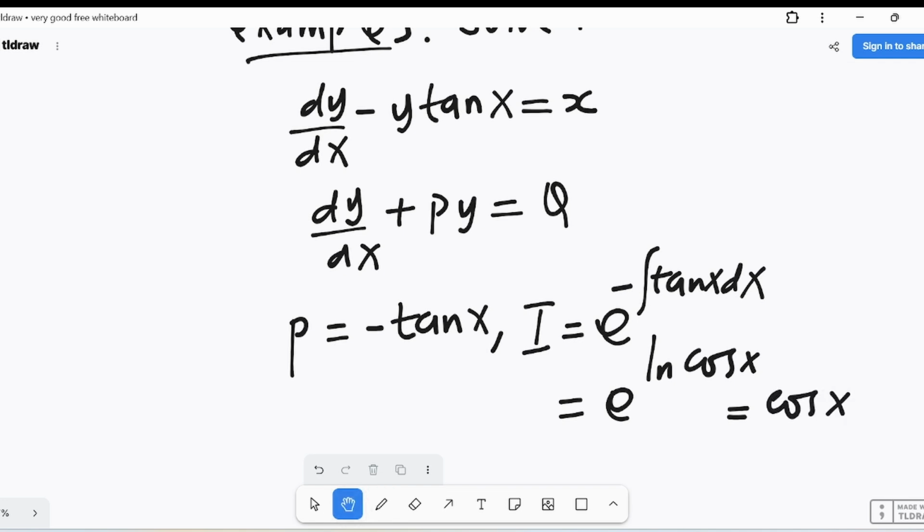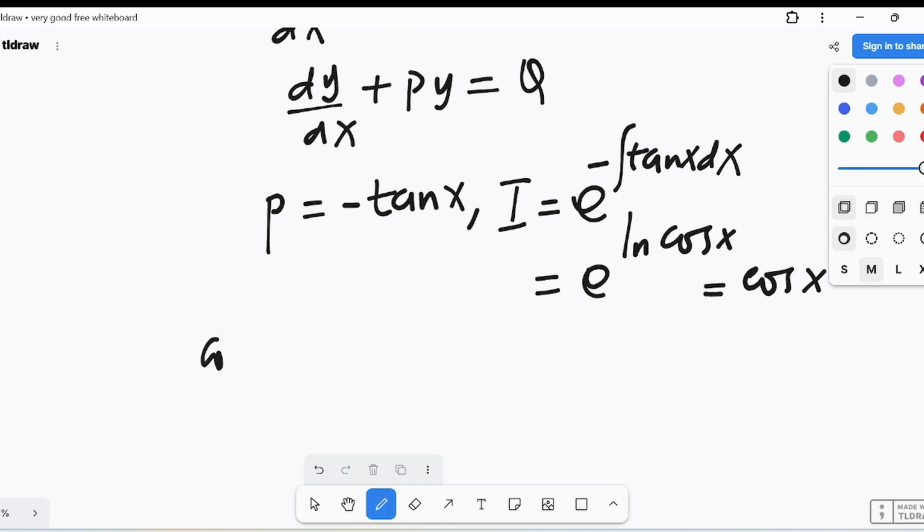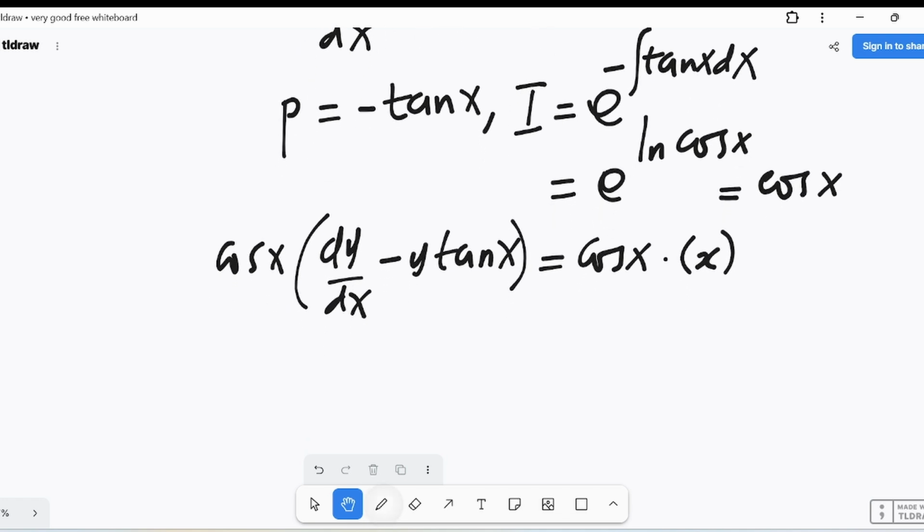So therefore, multiplying it throughout, we shall have our cos of x into dy by dx minus y tan of x is equal to cos of x. Multiplying it to the other side, it is multiplying into x. So therefore, simplifying this, we end up having